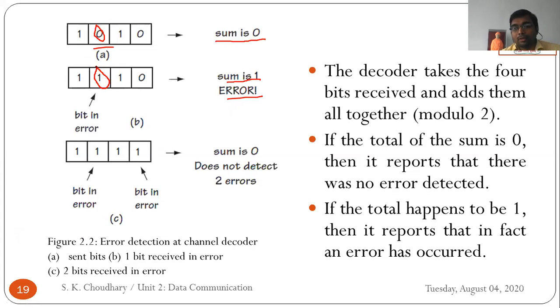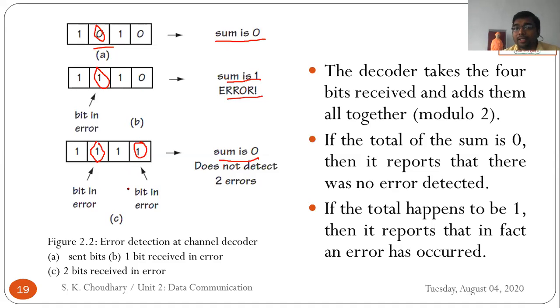Okay, now come to the third case, where you see the summation is 0. So as per the rule of the single bit parity check, if sum is 0, there is no error. Sum is 0, there is no error. But as we know the sequence of the transmitted bits is 1010 and the received is 1111. So we know that there is a 2-bit error in the second and fourth position. Yes.